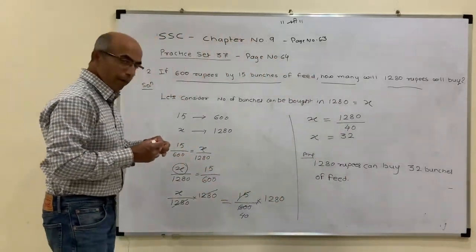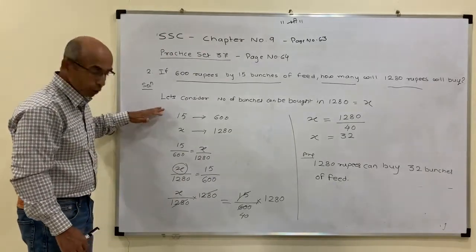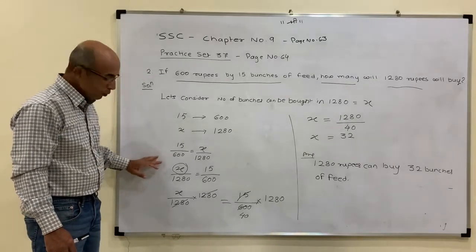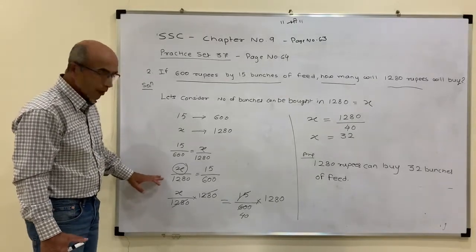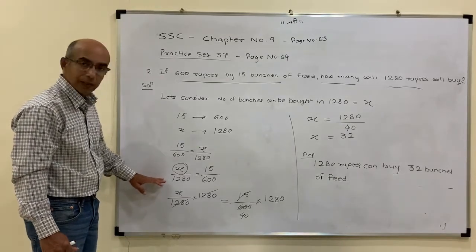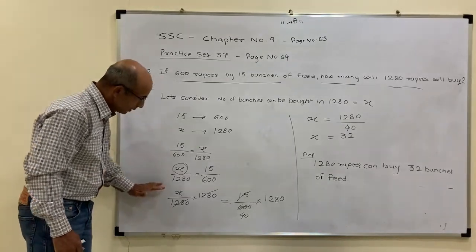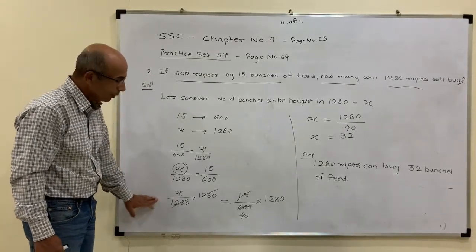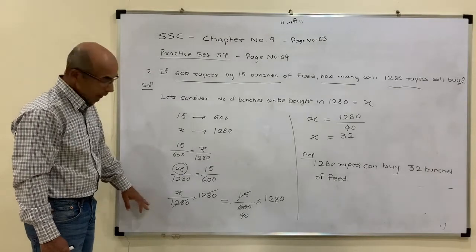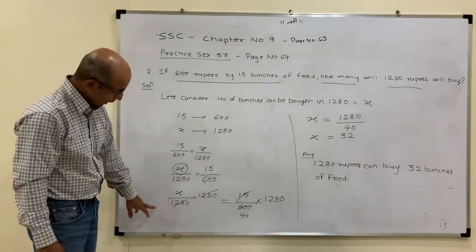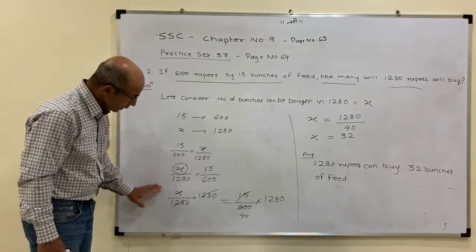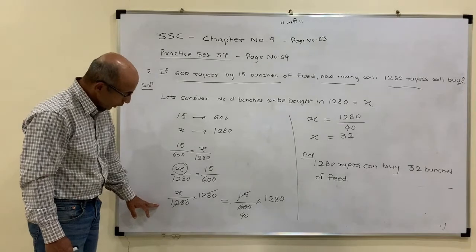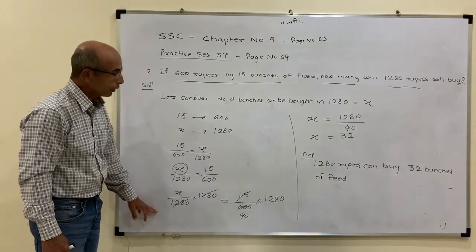So here, always pay attention that you don't skip any step. If you try to skip any step, you might end up making a silly mistake. So always follow all steps. Don't bother about how long your answer is or how many steps it's taking. Eventually you will be able to solve two steps in one. But to start with, always do one step at a time, and don't try to do too many things in one step.